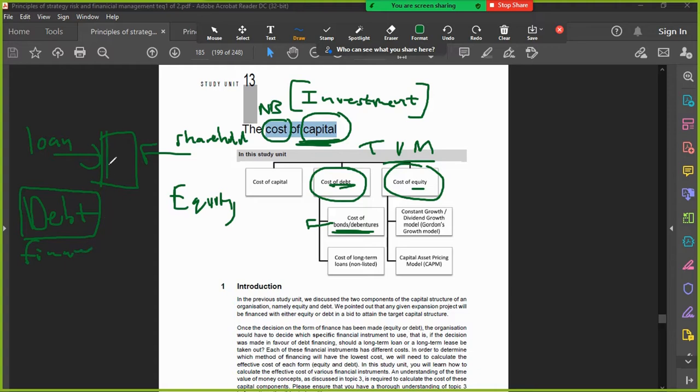So picture a business. This business is going to want to raise capital. This business wants 100 million. That's a lot to get from one bank. Do you agree? Okay, so what they do is they raise capital in the market through the bond market